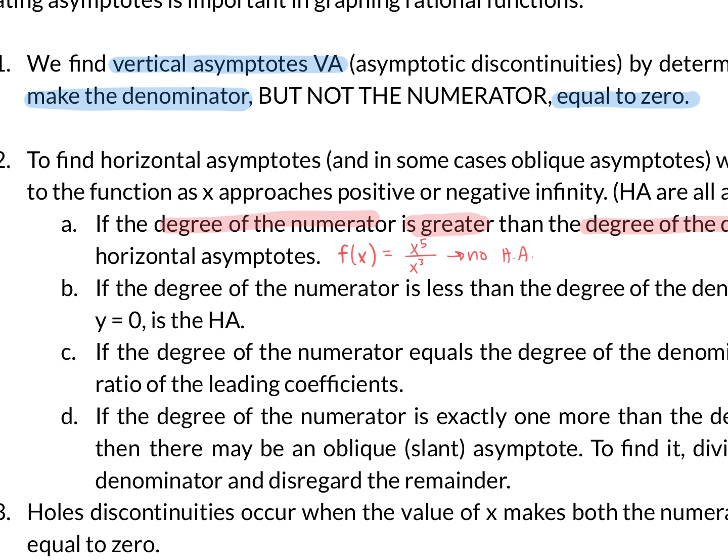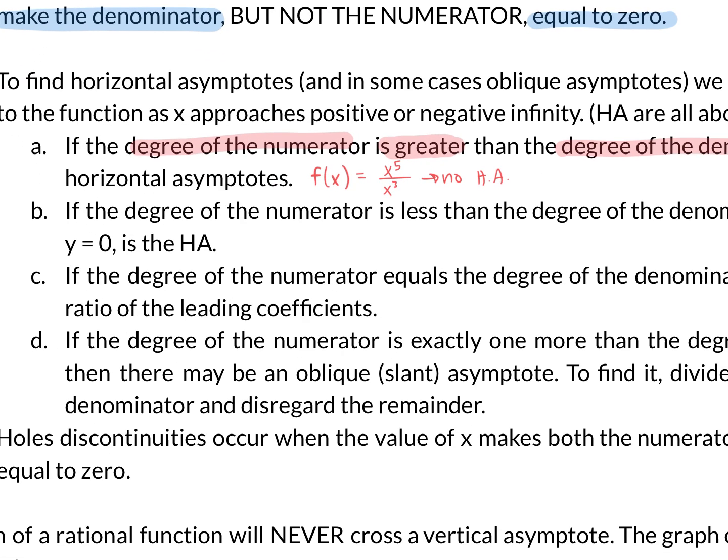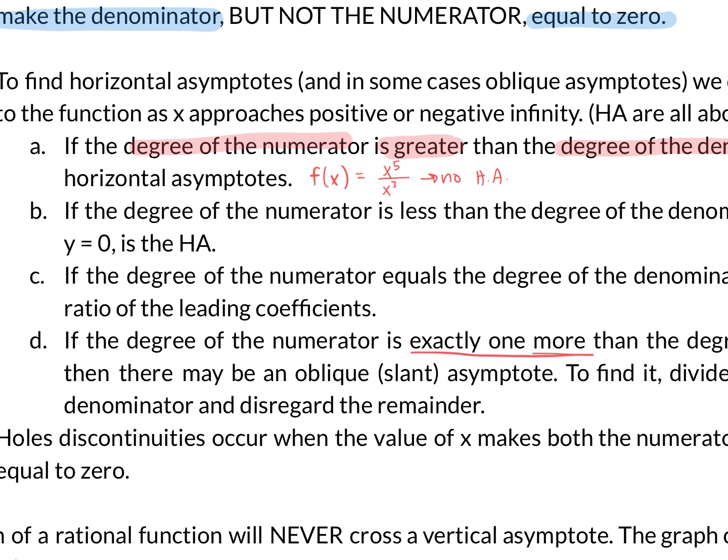I'm actually going to skip down to letter D real quick because it's also talking about greater than, and I want to explain what you would do in that case. So if the degree of the numerator is exactly 1 more than the degree of the denominator, there is still no horizontal asymptote, but there might be an oblique asymptote that we have to check for. Okay, so to find it, we would divide and then disregard the remainder. Okay, so if it is exactly 1 more,